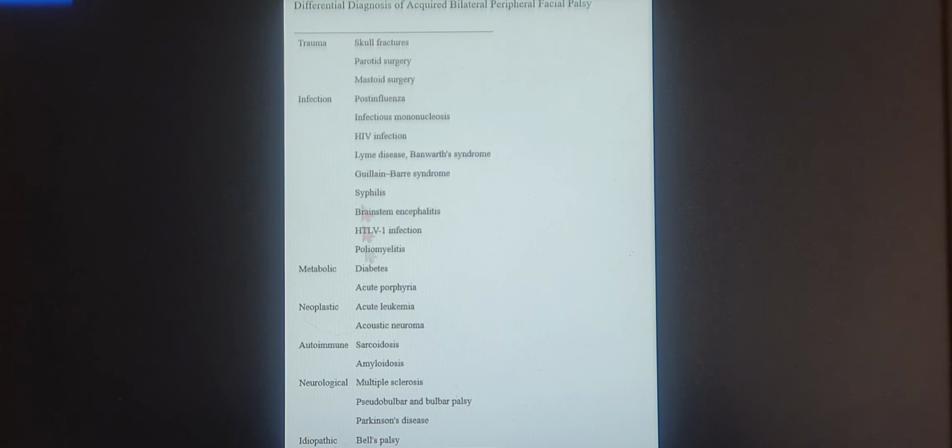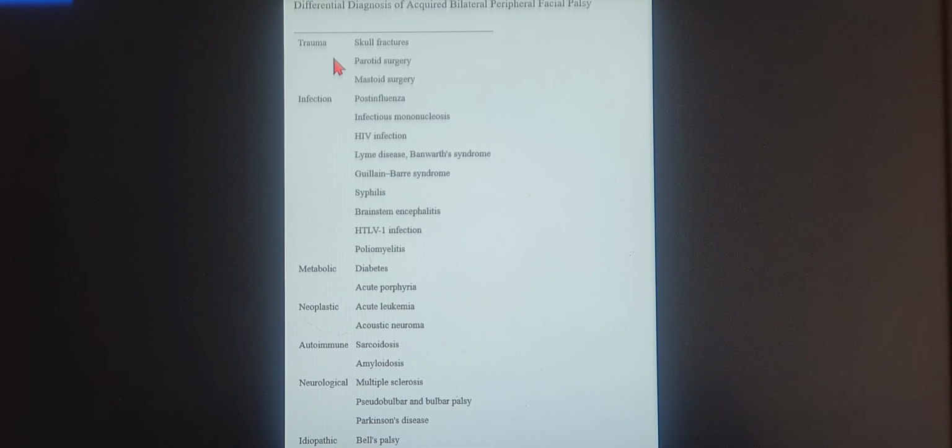So other conditions which we have to keep in mind are the traumatic, so iatrogenic, then traumatic post-accidental brainstem injury, then post-traumatic infectious diseases such as meningitis, then brainstem encephalitis, then human T-cell lymphotropic virus 1 infection, then we have the HIV infection, the infectious mononucleosis, where we have the patient with the tonsillitis and diffuse membrane over that, post-influenza